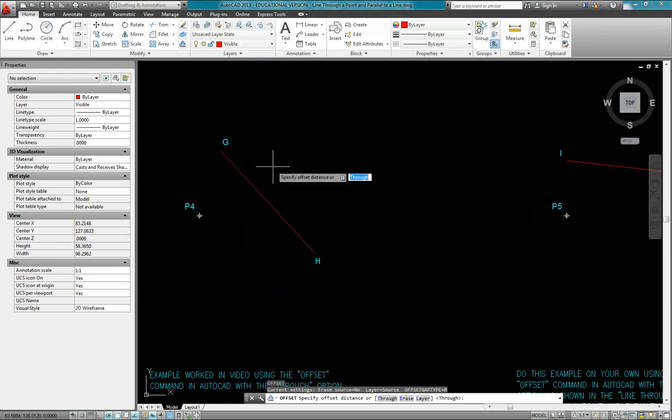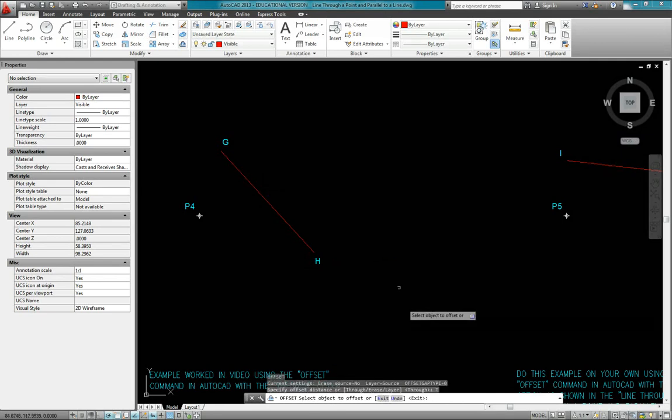And by the way, I should mention, I can't remember if we've done this in a previous video or not, but the offset command creates a line at the same orientation, offset at a certain distance from the original line. But we don't know the distance, but we have a through option. So if I click on through, now